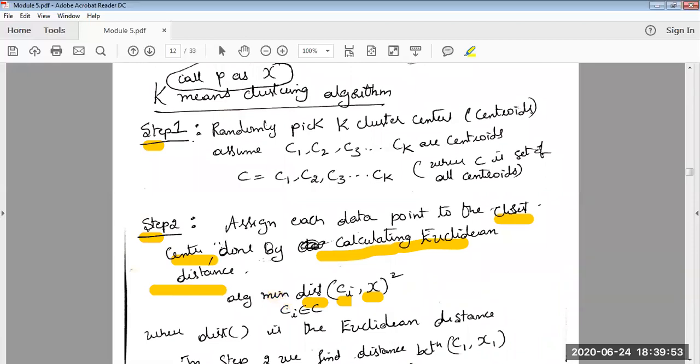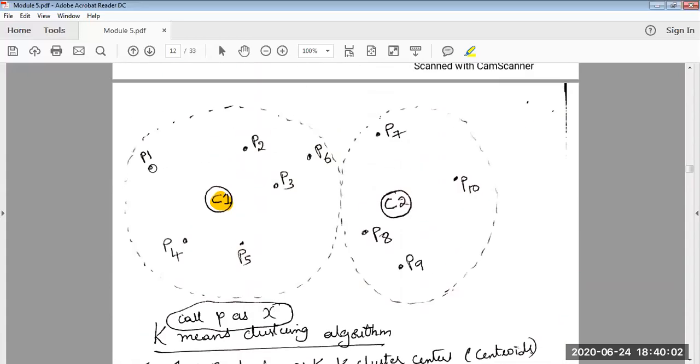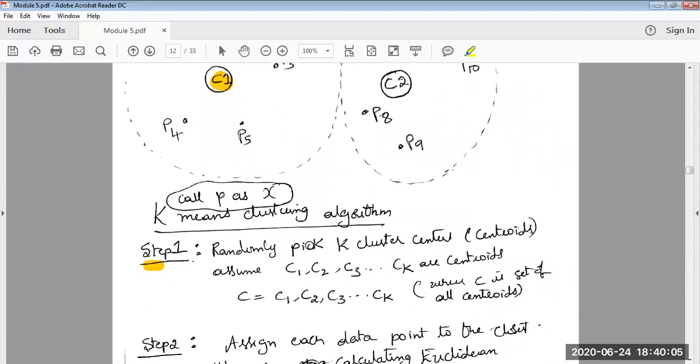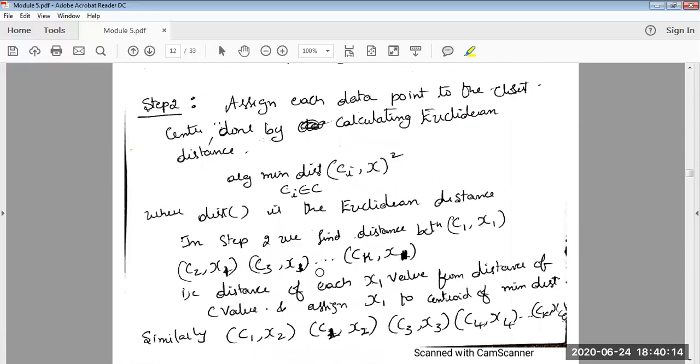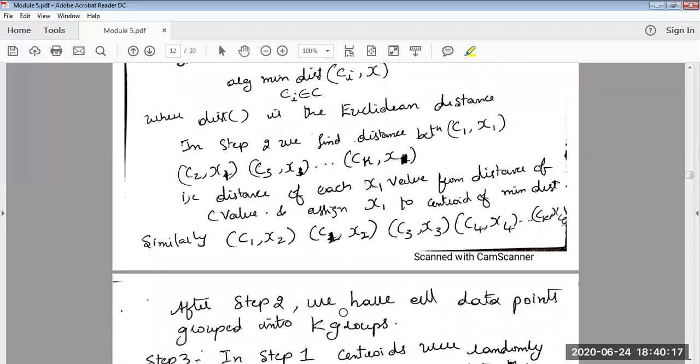So in step 2, you can see the k-means algorithm is measuring the distance of each point with the centroids, the minimum distance will be chosen, and the data point will be associated with that centroid. That was step 2. Similarly, the same is done for other points here. Do not get confused here: X1, X2, X3 is nothing but P1, P2, P3 that I had explained in the previous instance. Just to maintain similarity with the textbook, I have used X1, X2, X3 in this instance.